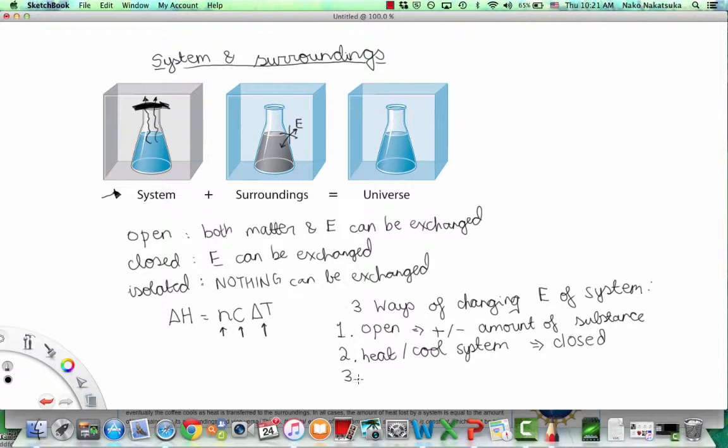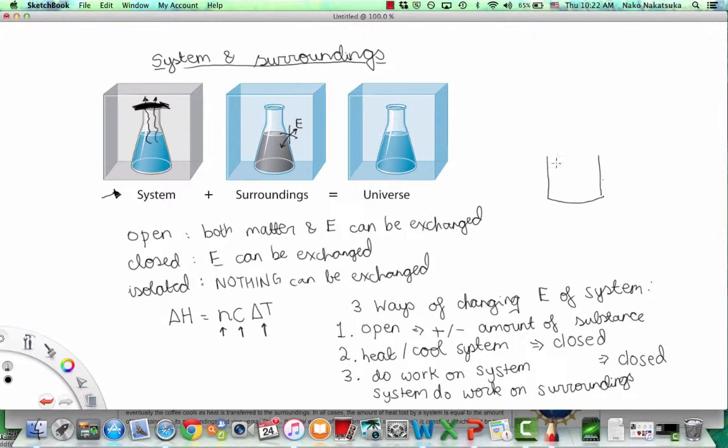The third way to change the energy of a system is by doing work on the system or by doing work on the surroundings. So, do work on system, or let the system do work on the surroundings. And so this is another example of a closed system since only energy is being exchanged. And I'll draw you a little diagram right here, and I'll talk about this in more detail in a second,